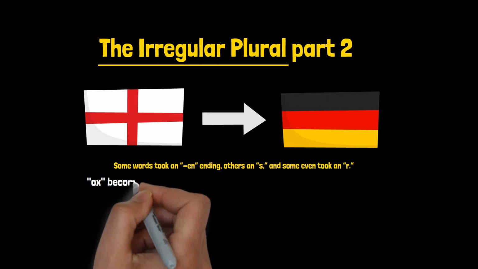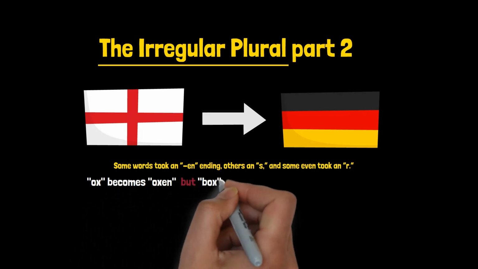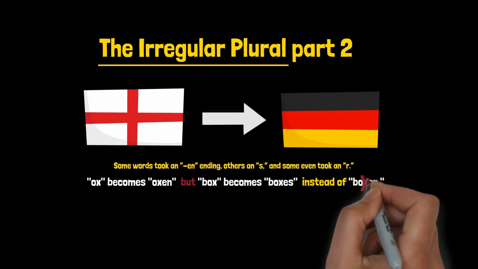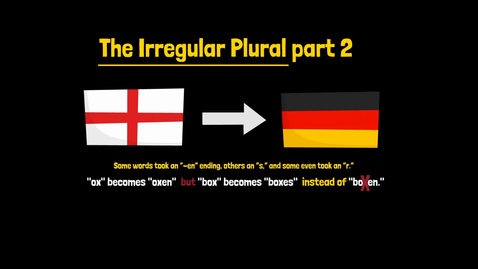You might wonder why a word like ox becomes oxen, but box becomes boxes instead of boxen. The difference lies in the origin of the words. Ox is native to Old English, while box has its roots in Greek, Latin, and French, which affects how it